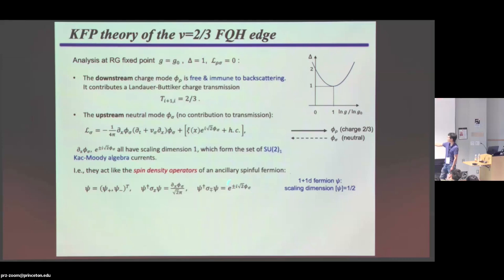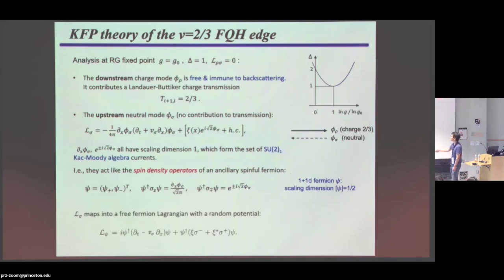In some sense, what you're creating here is a spin density. You're raising the spin density by 1 or lowering it by 1, and this ∂ₓφ is kind of the spin z density of this Fermi operator. And these operators have scaling dimension 1, because the scaling dimension of a free fermion in 1+1d is 1/2. So that adds up to scaling dimension 1. So everything matches. So by this method, you can refermionize this action L_σ into a series like this,